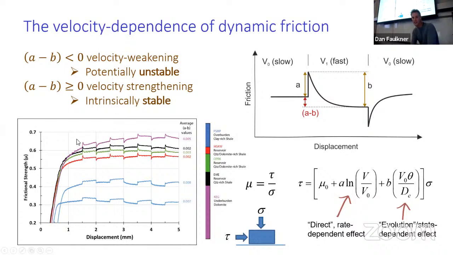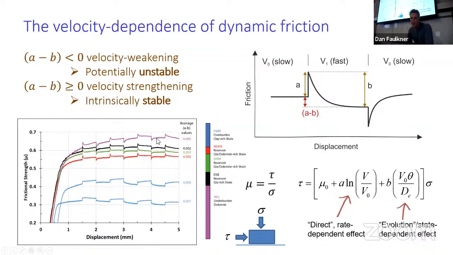You'll also notice that there are these perturbations on each of these friction curves. First of all, we can see that there's quite a range of strengths that we get in these different materials. The blue ones, the lowest strengths here, are from the clay-rich overburden shales. And the strongest material that we have is this purple material, which is from the Keg River Formation, the underburden, which some of you will remember is where we got all of the big events recorded in the seismicity.